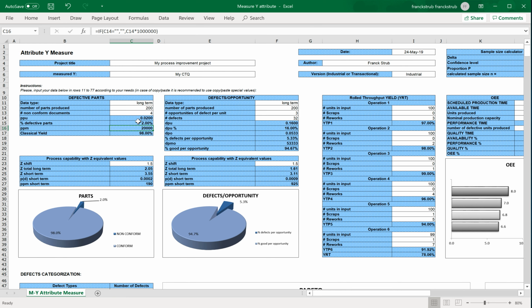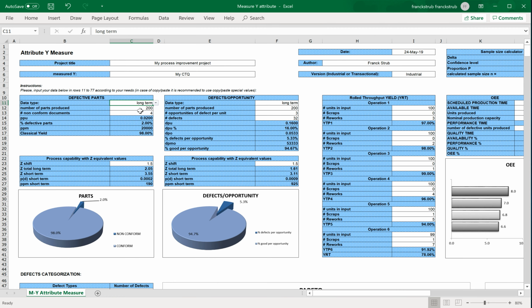And if I translate 2% of defective parts with a Z table into a Z value, I will find 2.05. And I will say it's a Z total long-term value, this 2.05, because data are considered long-term. Long-term data includes both common cause variation and special cause variation.